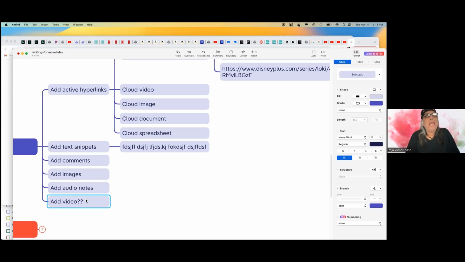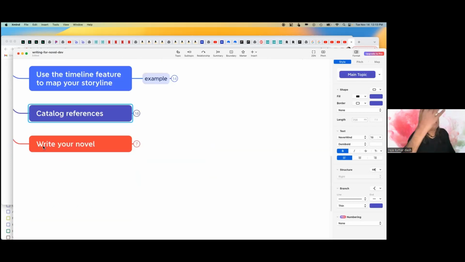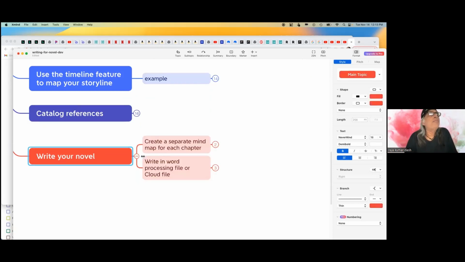Some of them may allow you to have at least a snapshot of a video, a screenshot, but it may not be able to play. It depends on the software. So you've got a nice handy way to catalog any references for the development of your novel or script, whatever you're working on. And now for actually going ahead and writing, when you've got all the information you want,